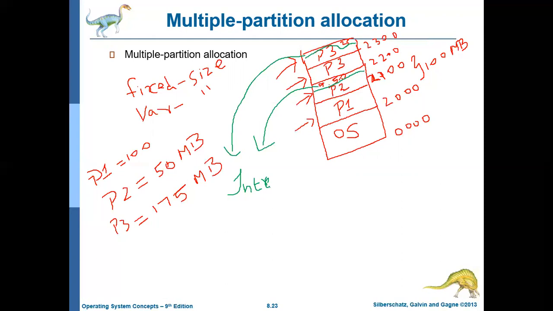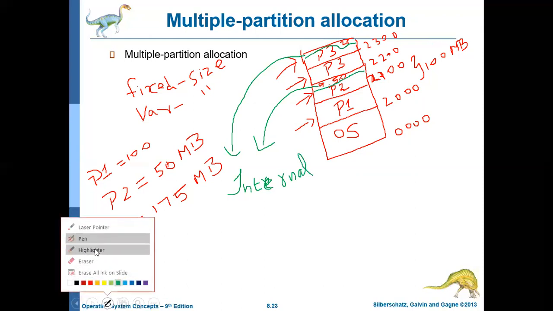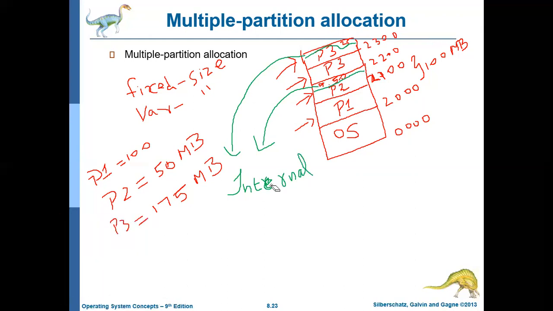The fragmentation that is created due to fixed size partitions is called internal fragmentation.